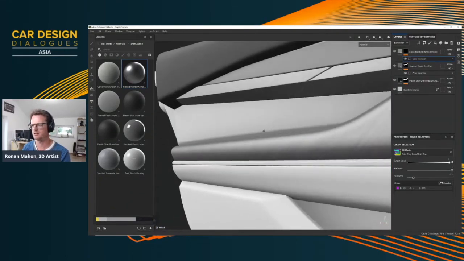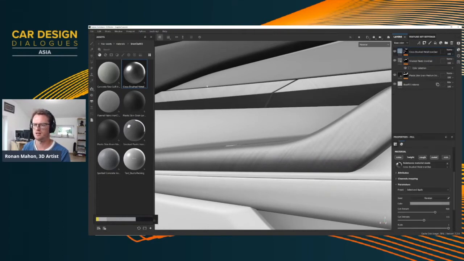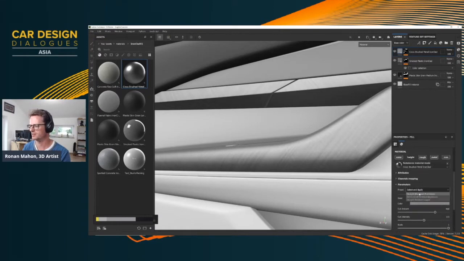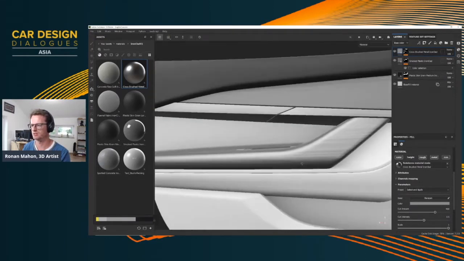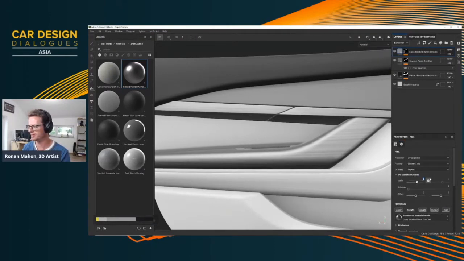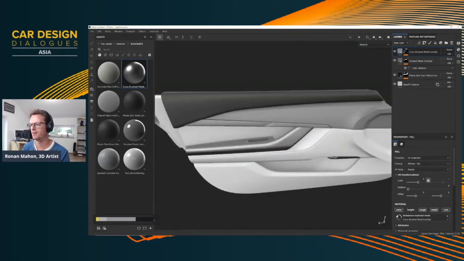So I'm looking at this cross brush metal here, and I think instead of the sort of cross shape, because it doesn't really fit with the flowing lines, I'm going to change it to, these are presets down here for that material. This is all the controls. And I'm going to say, actually, it's more like straight machined aluminium. We want that nice sort of flowing lines. And again, maybe the tiling is a little bit off with a bit finer detail.